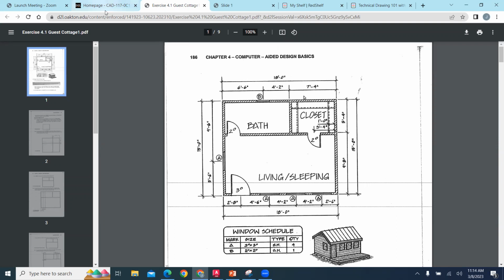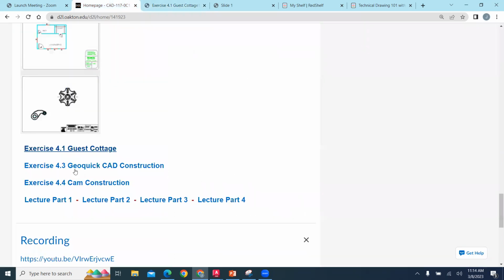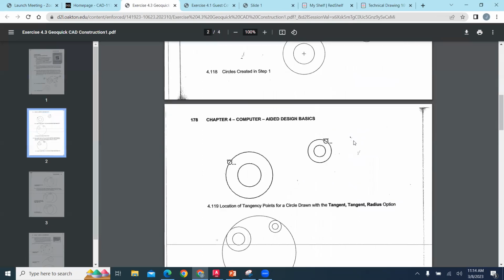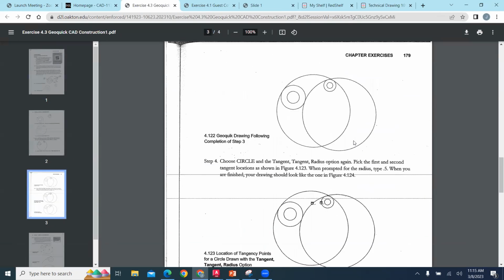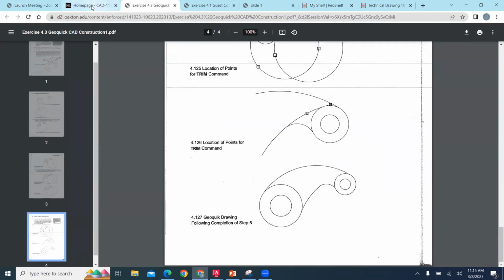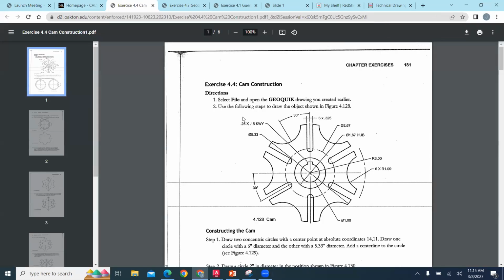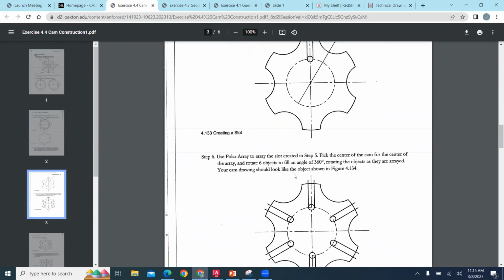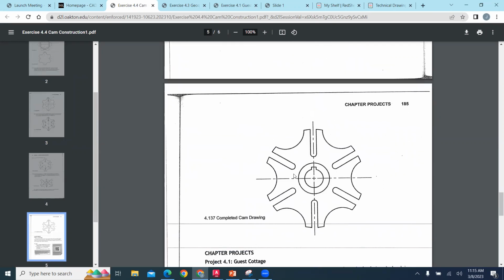So that's one assignment. And then the other assignment is mechanical. And so we'll work with this GeoQuick CAD construction of this cam. And then there's 2 parts to it. I don't know why they separated it out. I think it works just fine in one, but where we'll create this Geneva cam with this keyway. And again, we want to be able to create these drawings, and then we want to dimension those per the